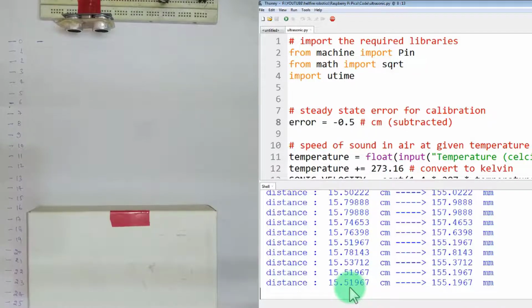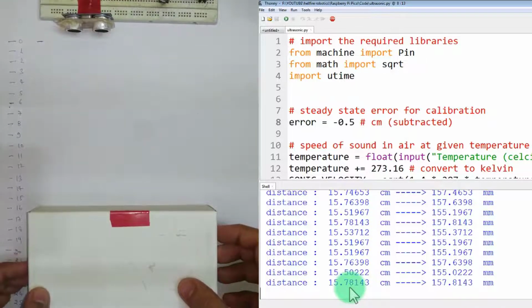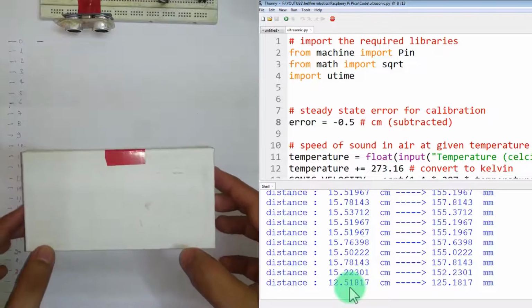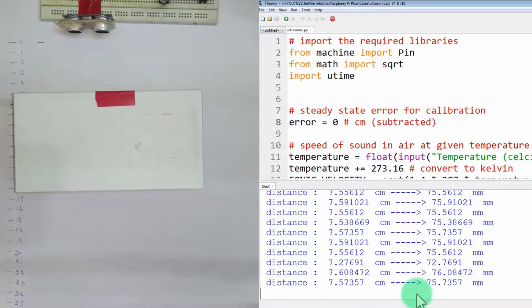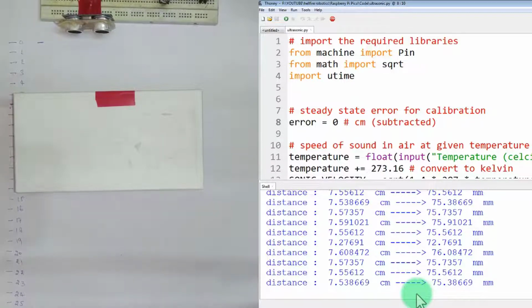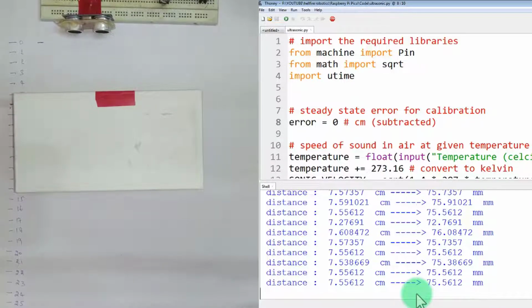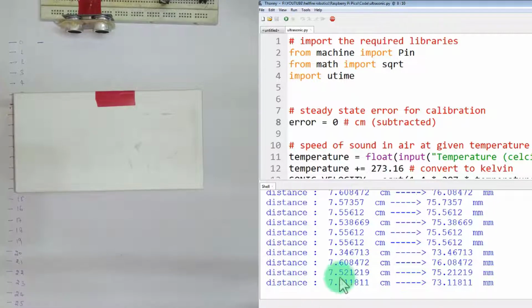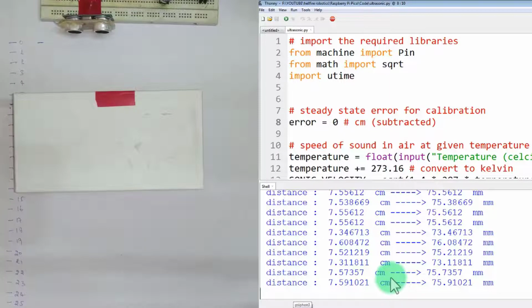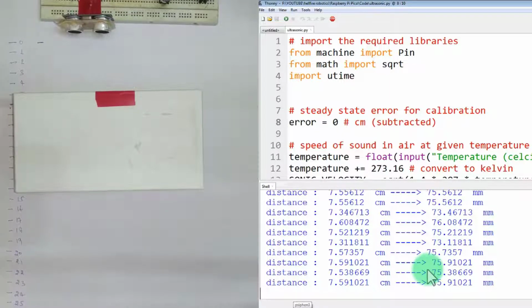So now let us put the obstacle a little bit closer. Now we have placed the object at approximately 7 or 8 centimeter, and as you can see, it is measuring around 7.5 or 7.6.